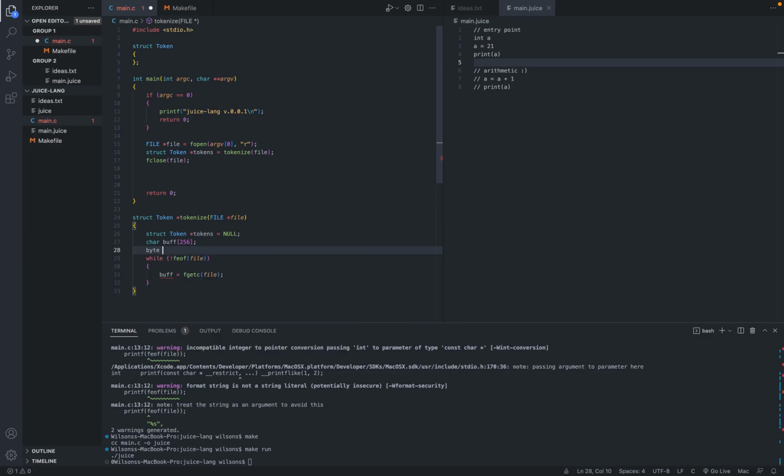Let's see. This can be a byte. Is byte a type in C? I actually don't know. Next, I'm going to read the data in the source code file into a temporary buffer,